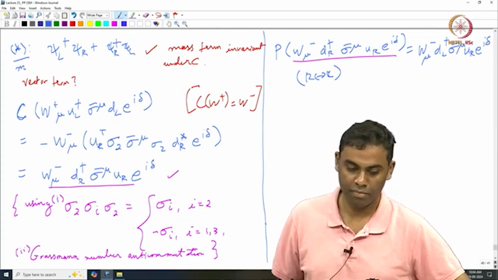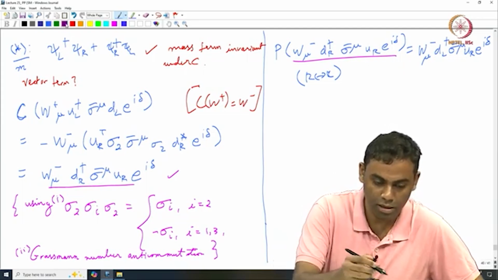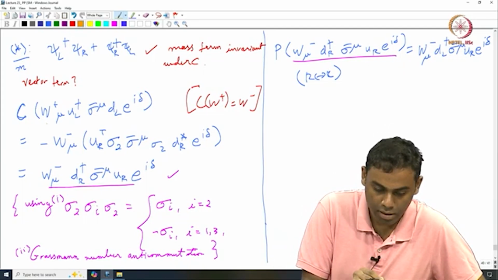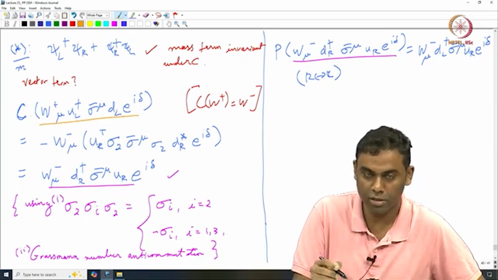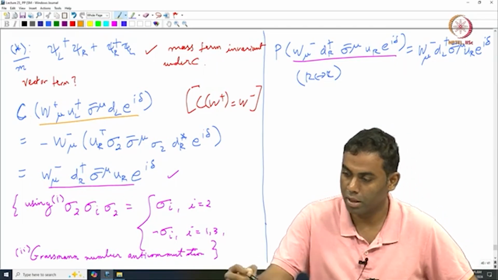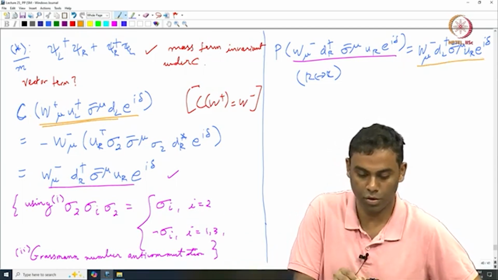Okay. So what have I done here? Let me use yet another color. I have taken this object, applied CP to it, C and P one after another, and got back this object. Okay,